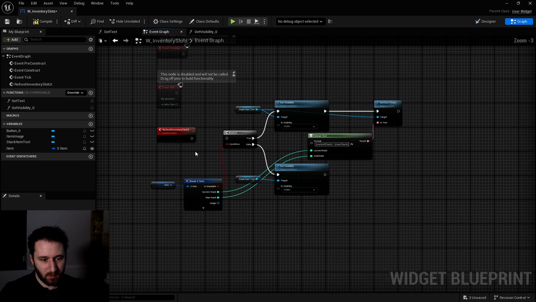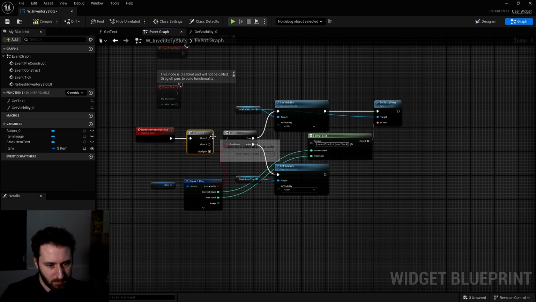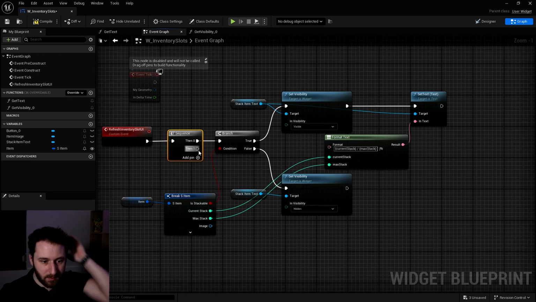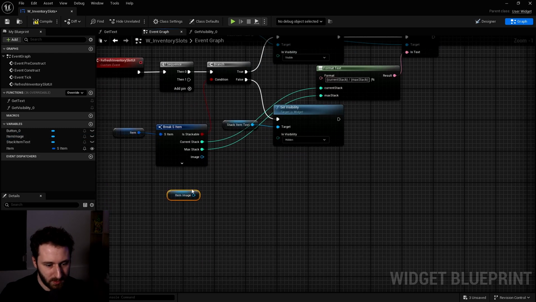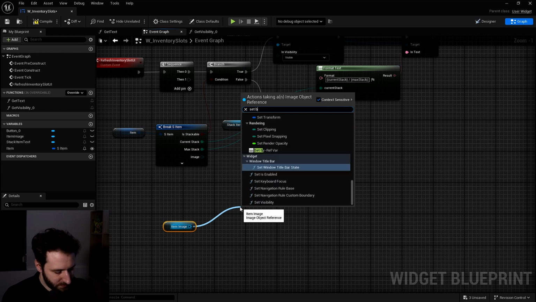I'm going to disconnect this and create a sequence to be a little bit better. First thing will be to set the stack item text, and the second one, we will take care of the item image. So we'll get the item image and do a set brush.